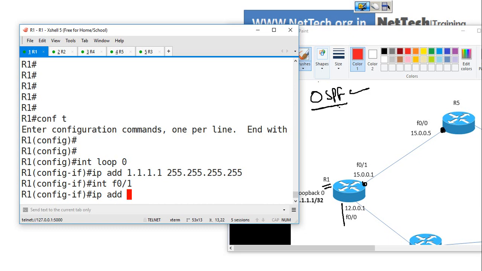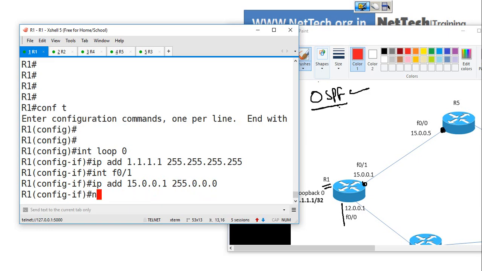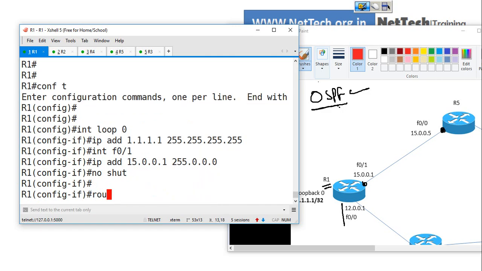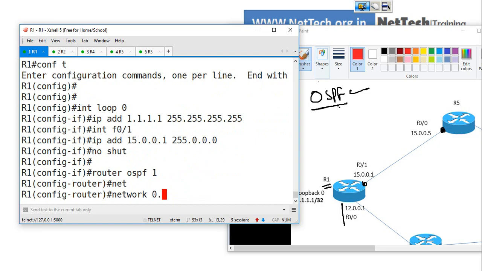So F0/0 is 15.0.0.1 255.0.0.0, and no shutdown, and then router OSPF, any process number, and of course these OSPF